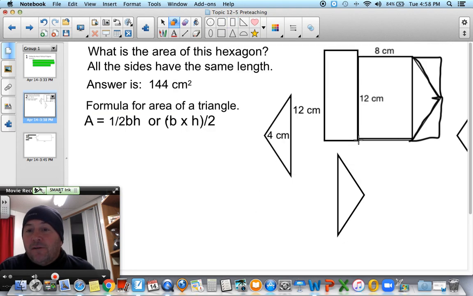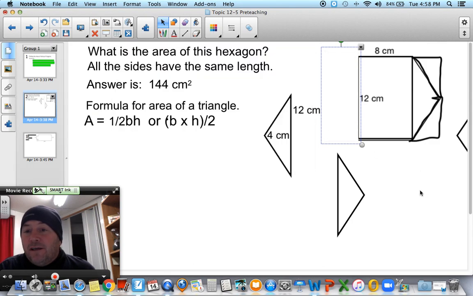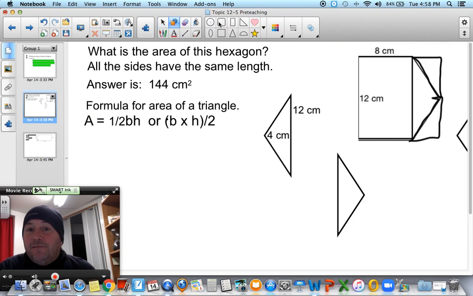Okay? I got rid of those triangles right there. They don't exist anymore. So I'm going to mark those down as gone. And what I have is I've created a new shape, which is basically this. Okay? Now, one of the things that you have to remember, though, is that when you're doing this, you've